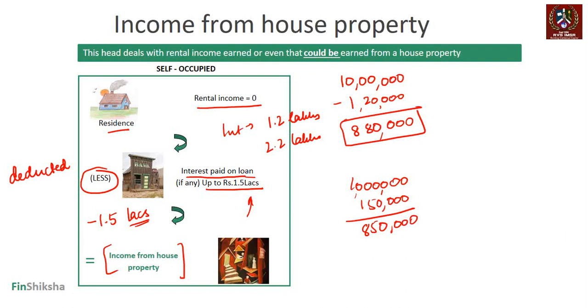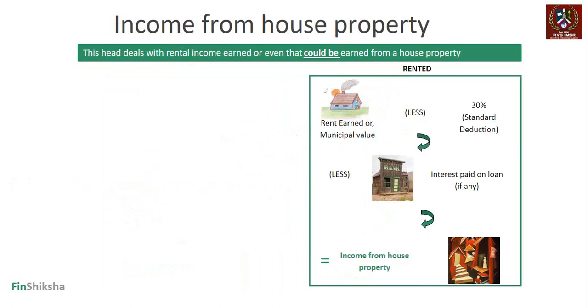So if you buy a home taking a home loan, then one of the added advantages of taking the home loan is that you get a tax break on the interest that is paid on the home loan, right? That's if it is self-occupied. Interestingly, if you rent it out, then there is no limit to the interest paid. If you pay an interest of 5 lakhs a year, that entire amount is available, because there is a rental income.